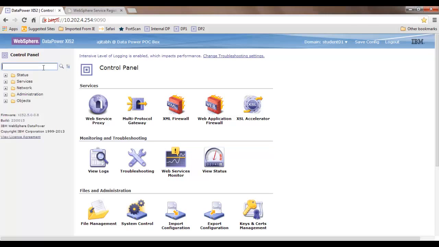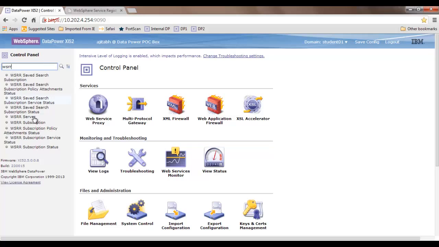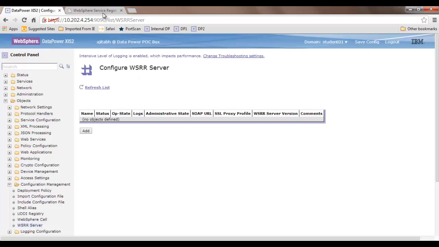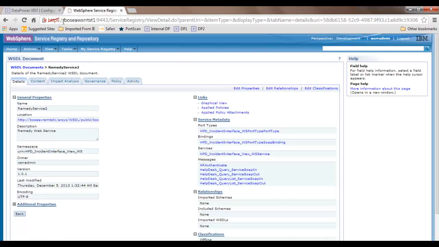All you need to do is to go here and type in WSRR. First you need to create a connection with the server, a connection object which represents the WSRR server. So I have just clicked on WSRR server and it is going to show me some configuration parameters. Before proceeding with this exercise, you need to have a WSRR server running on an SSL port. So I have one running over here, which is running on 9443,